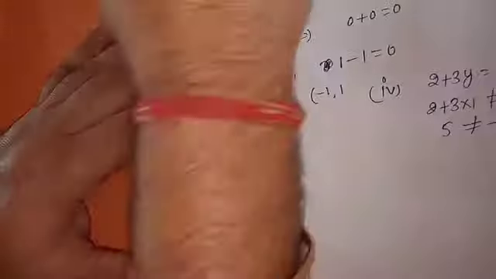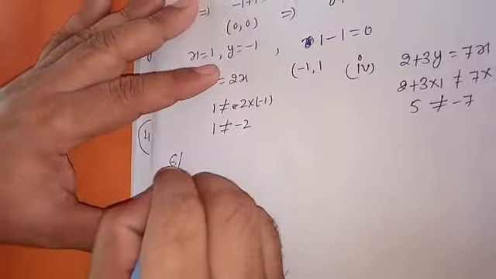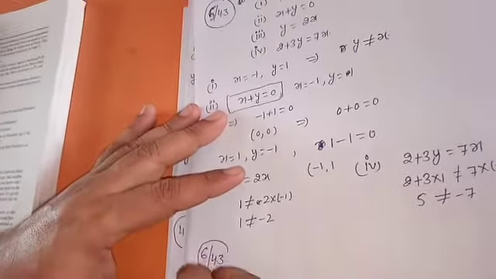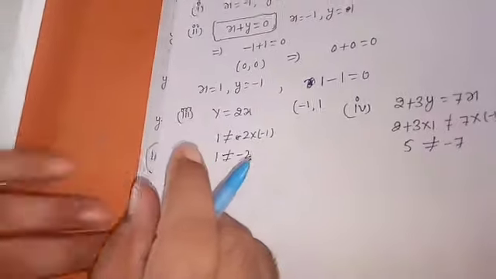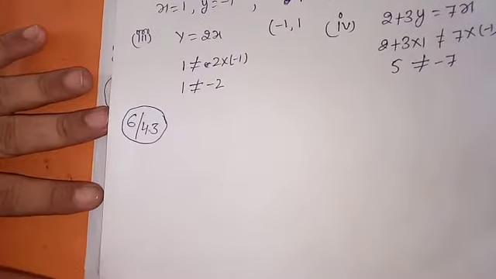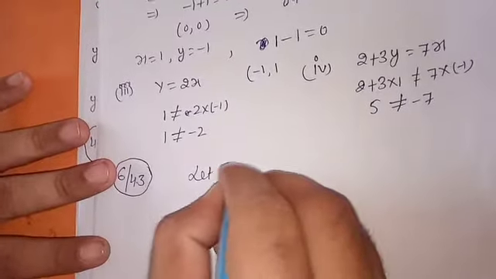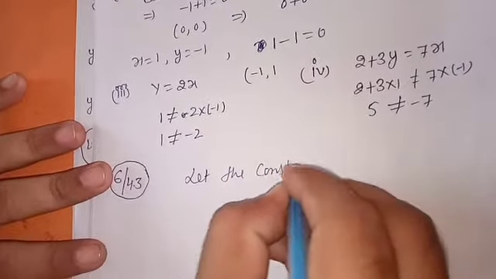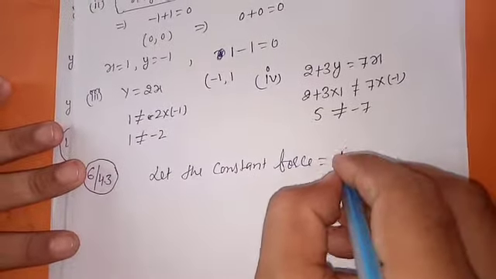Now we can discuss question number 6 of exercise 4.3. So much easy portion. If the work done by a body on application of constant force, let the constant force be F, you can see,